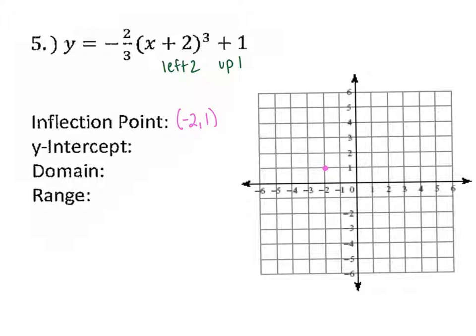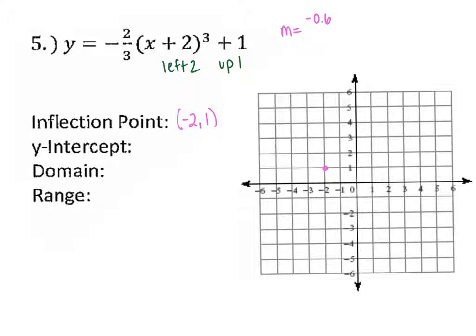Okay, now let's find the other 2 points. So remember, we can look at our slope to help us find that. But here's the thing, it needs to be 1 unit away from the vertex to make it as accurate as possible. So what do we do? Well, we take this value here, -2/3. So what is -2/3? So if I put that in my calculator, -2/3, that's going to give me